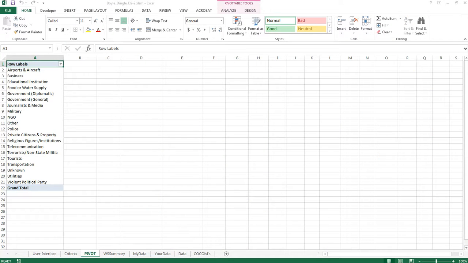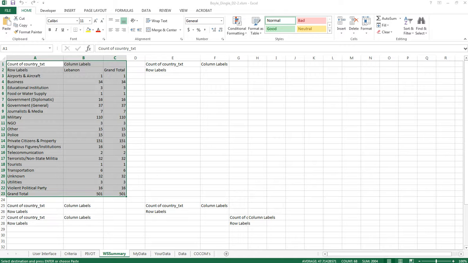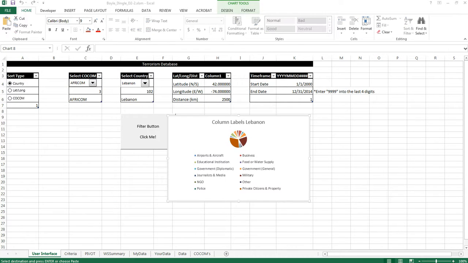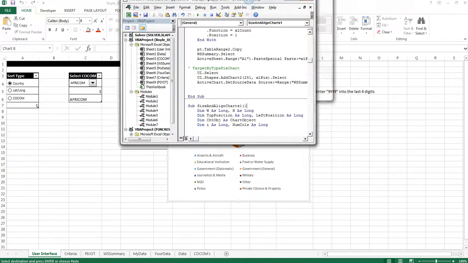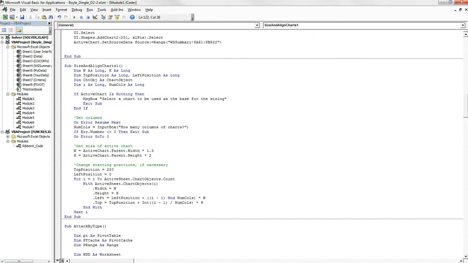We go through, it creates a pivot table, inserts the values from the Your Data, then copies and pastes that data with the values alone to the Worksheet Summary tab, and then takes those values, goes to the user interface, and creates a pie chart. From here, we'll run this line of code called Size and Align Charts 1,